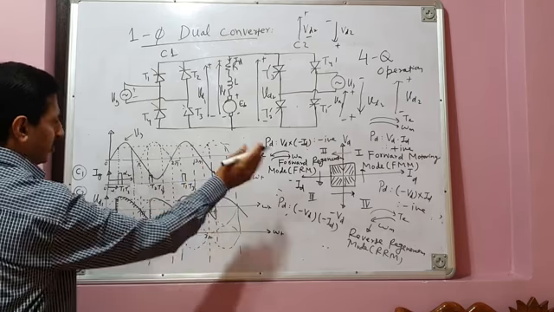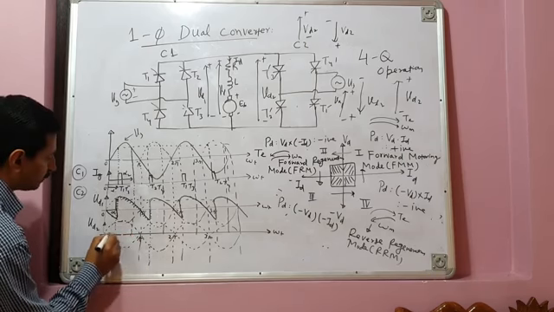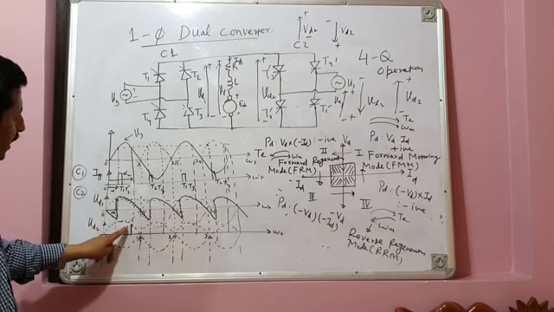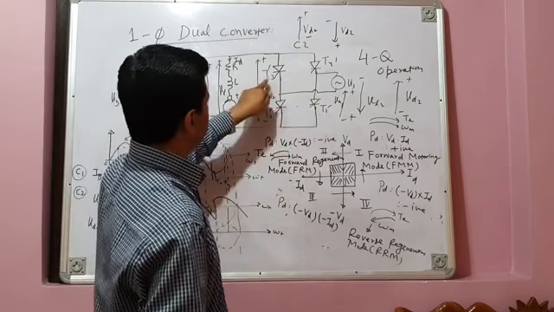You have already drawn the firing pulse pattern, so you can see from there. There's the next firing. So first firing takes place here. This is the positive half cycle of source voltage. Here thyristor pair T1 dash and T3 dash is fired. Your load gets connected to the source, and since source voltage is positive, it receives a small segment of positive half cycle of source voltage. This is load voltage.